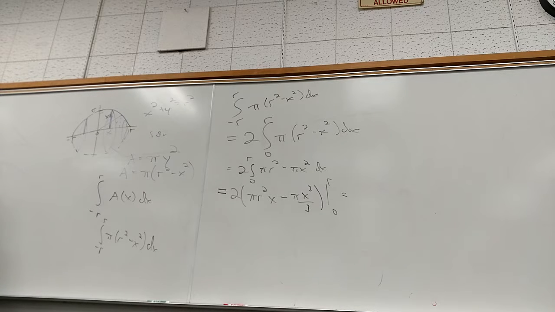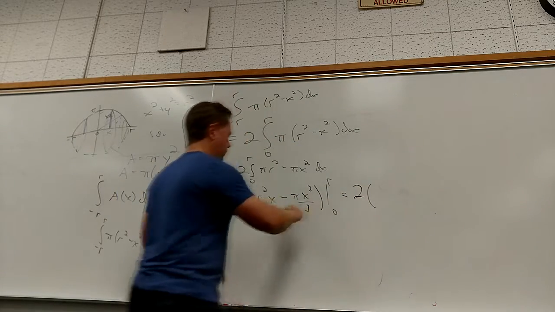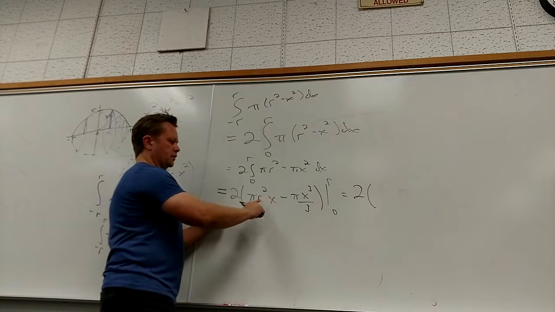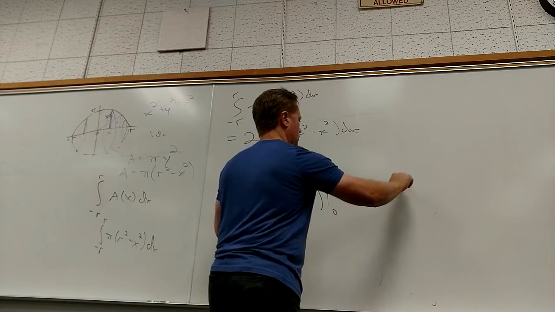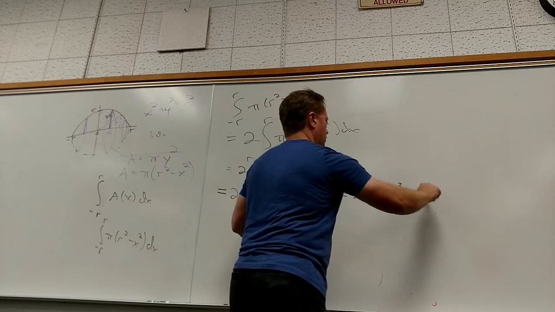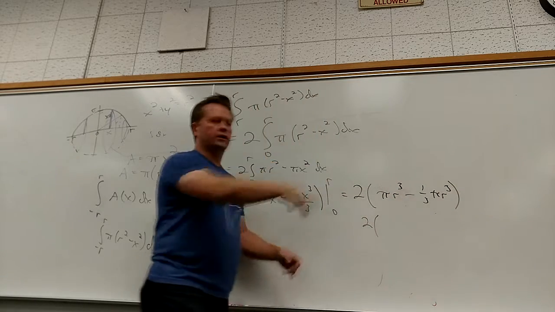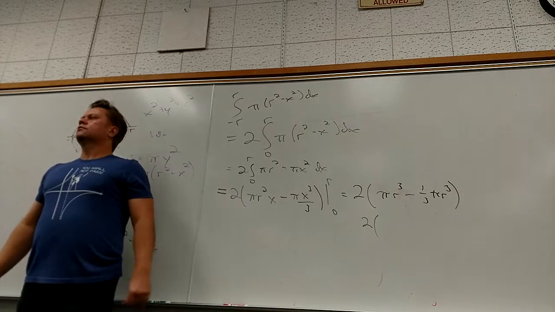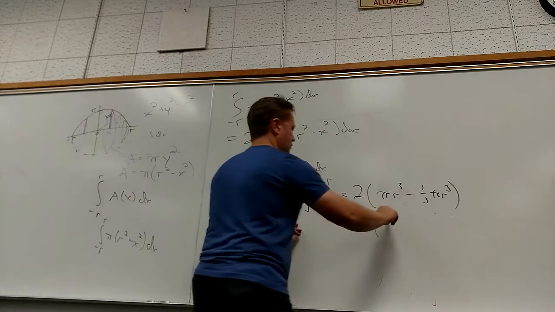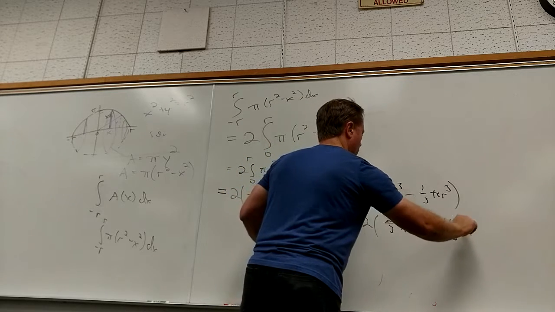You should get something that hopefully looks very familiar if you can handle fractions. So when I plug a 0 in, of course it's not going to matter, I don't have to worry about it. So I'm going to get pi r cubed. Is that cool? And throw an r in, I get minus 1/3 pi r cubed. What's a whole pi r cubed minus a third pi r cubed? 2/3 pi r cubed. And then when I multiply by 2, you get 4/3 pi r cubed, which, if you